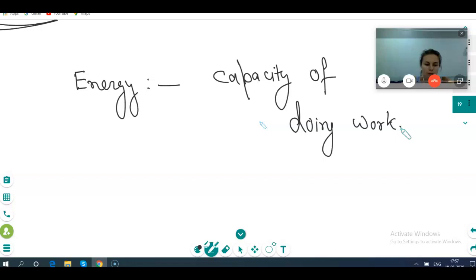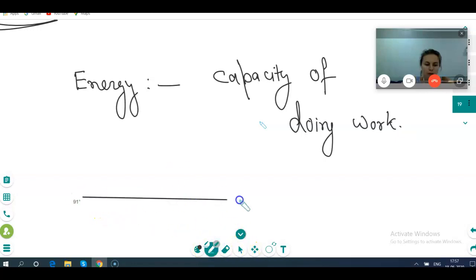Then if energy is the capacity, the reverse way also we can say: when we do some work, energy will be produced. Can we say like this? Can you give me some example when we do some work, energy is produced? For example, you make food, so then you produce... Food is not a good example. Now we will come to the physics.